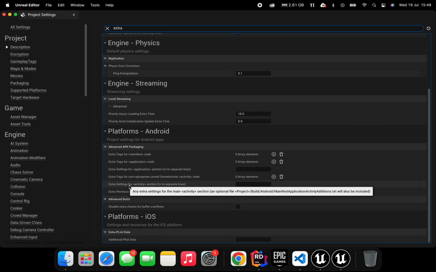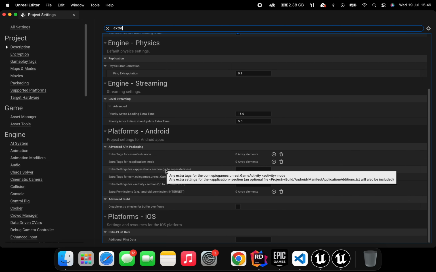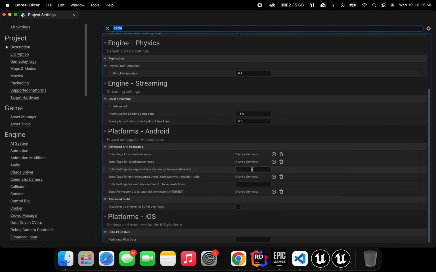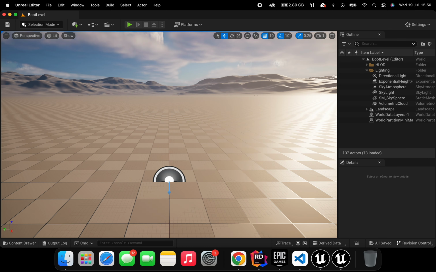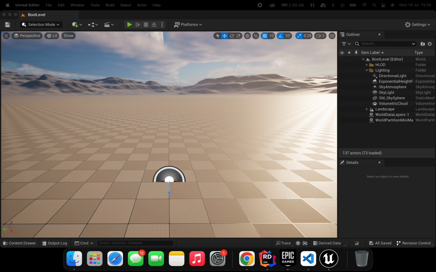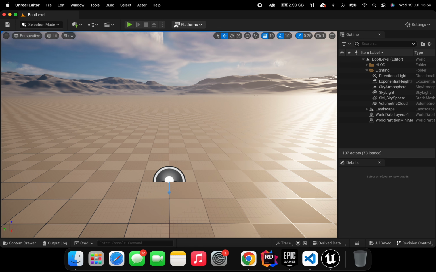If you scroll down, we are looking for something called extra settings for application tag. Similarly, you can add extra values in the activity as well. For this, we need to put in the application tag. I have put the tags in the application, and after saving it, coming back to the editor,